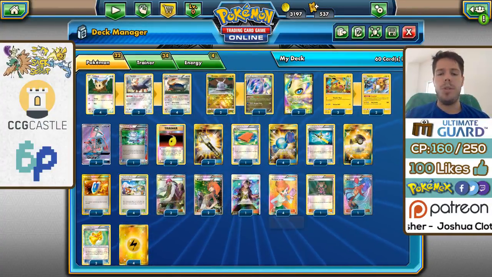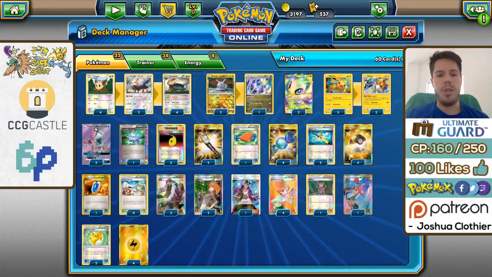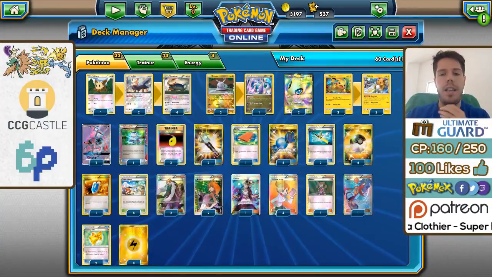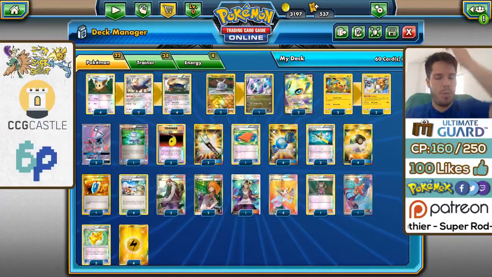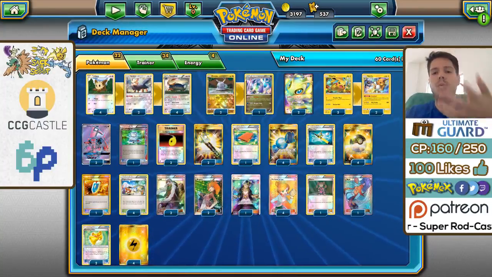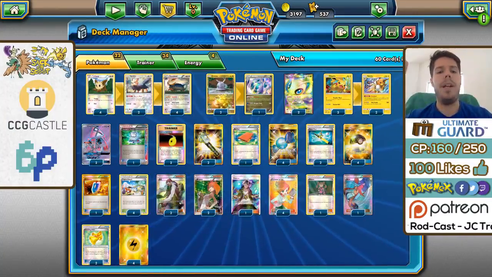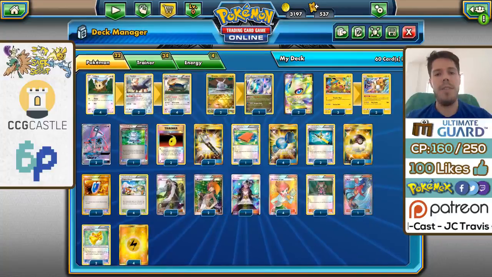And then for supporters, we have 4 Sycamore, 2 Brigette, 2 AC, which are very crucial, 1 Guzma, 1 Shauna, and 1 Skyla. Now, the 2 AC with Pal Pad work really well in the end because you do also run out of cards in your deck, of course, but with Pal Pad and AC, you essentially get an infinite